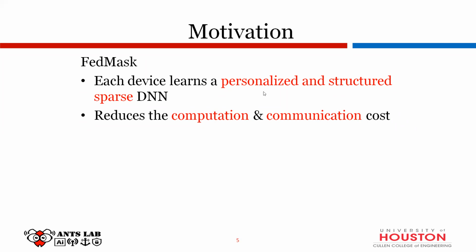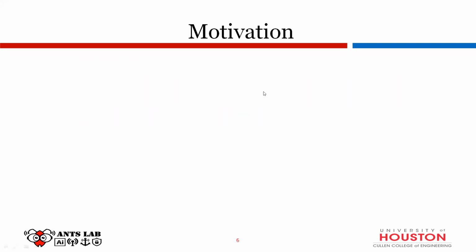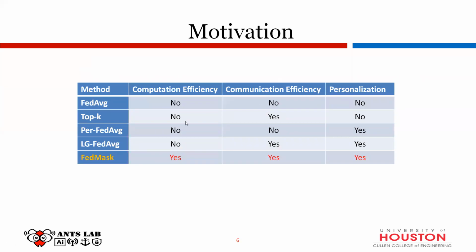So that is the goal of this paper. And here is a table showing the work of this paper, FedMask, where we consider the computation efficiency, the communication efficiency, and the personalization among all those. The other four are in comparison to former works, and we will be talking about them in